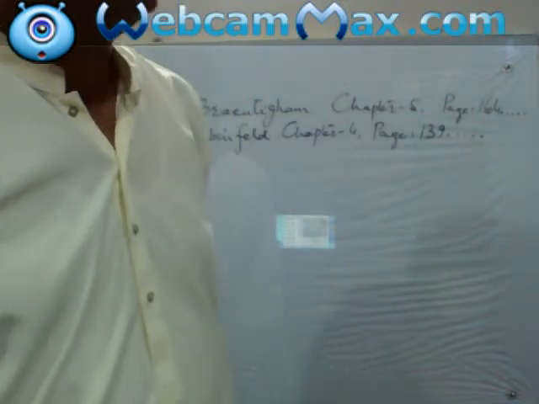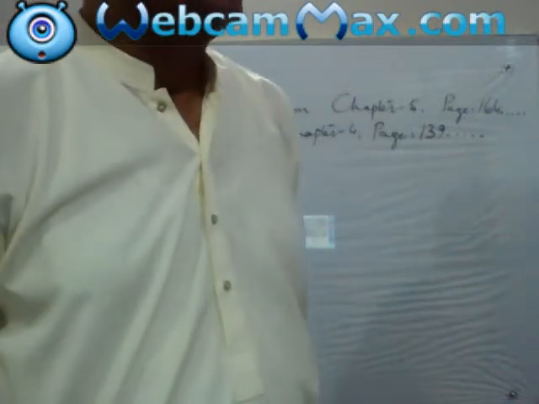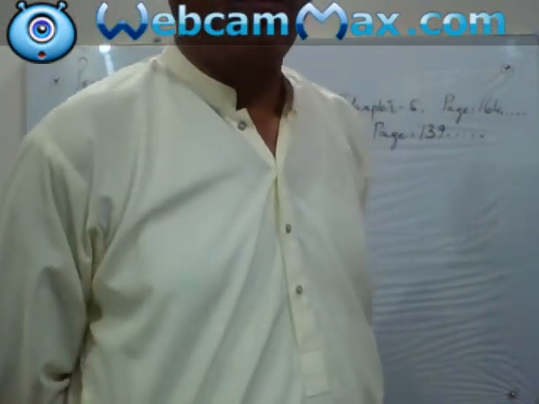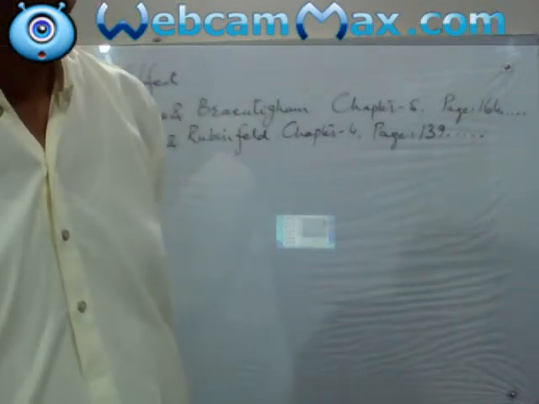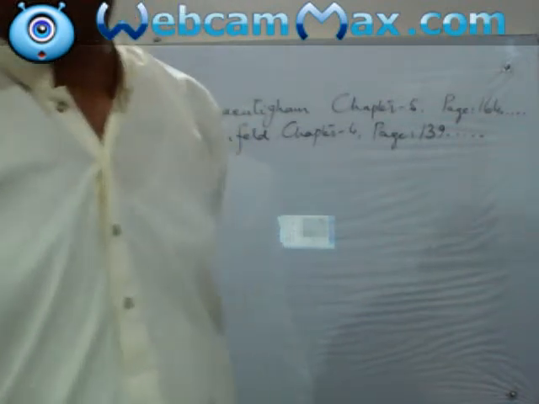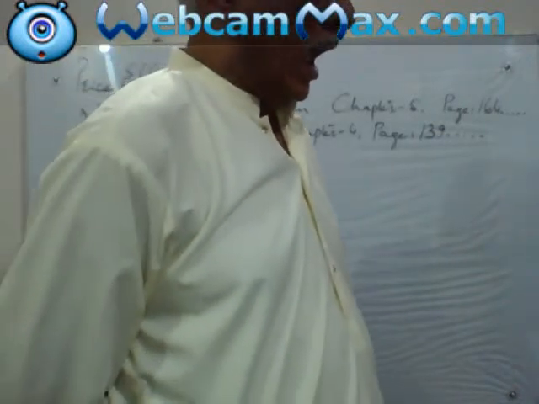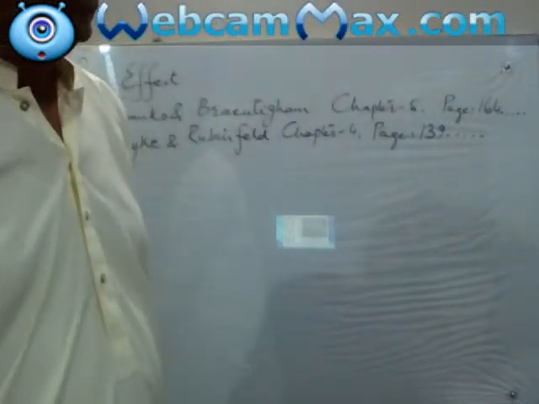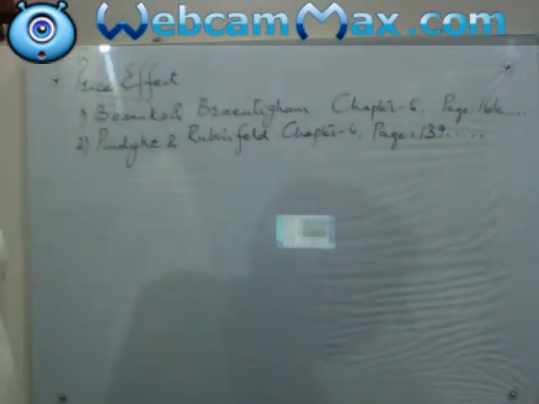In the next lecture, when we allow the changes in price, then we obtain the price offer curve or price expansion path or price consumption curve, and from there we derive the demand curve and the cross demand curve. Now this topic is the extension of the previous one, and it combines these two. Sometimes it is given in the book as a price effect, or sometimes it is also referred to as the total effect.